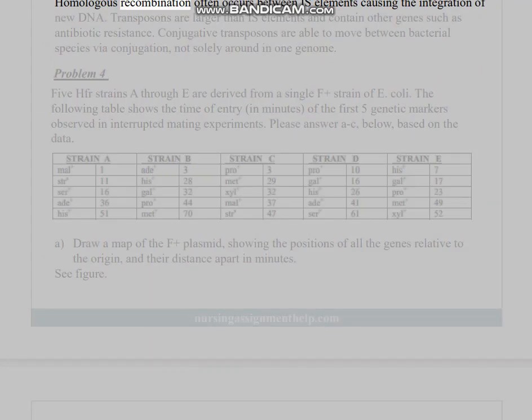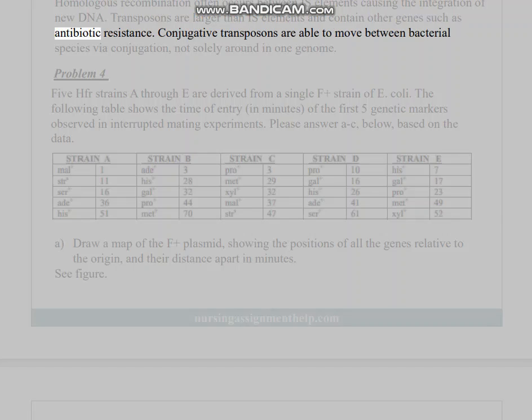Homologous recombination often occurs between IS elements, causing the integration of new DNA. Transposons are larger than IS elements and contain other genes such as antibiotic resistance. Conjugative transposons